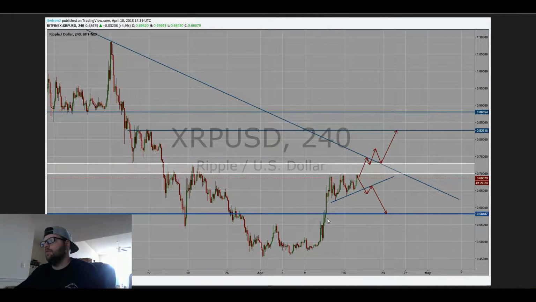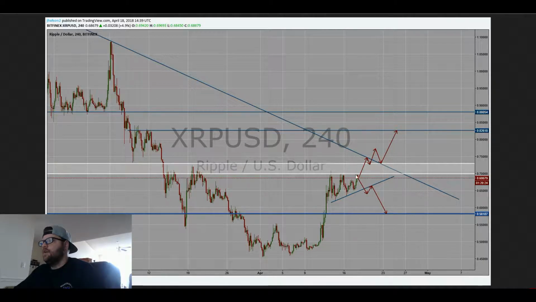We got this triple top with Ripple and this small trend line drawn. So what we're looking for is some sort of either a break of this zone, which would inadvertently break this daily trend line drawn as well. So if we do get a break of this zone, I would expect a break of that trend line as well, and some sort of retest of the zone and/or the trend line before continuing upward to the market structure